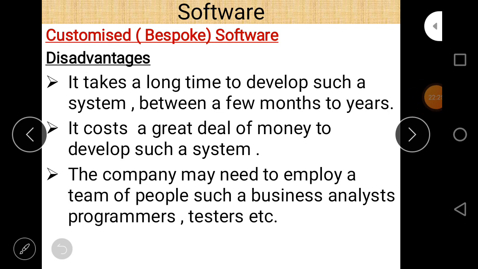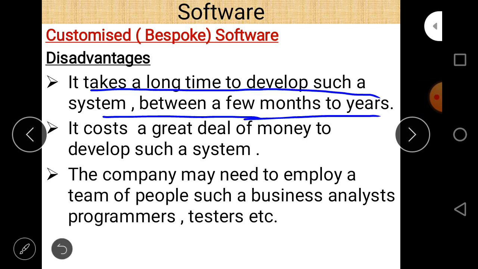And customized bespoke software has disadvantages too. It takes a long time to develop such a system, between a few months to a year. General purpose software and specific purpose software are available, and we do not need to wait for them.